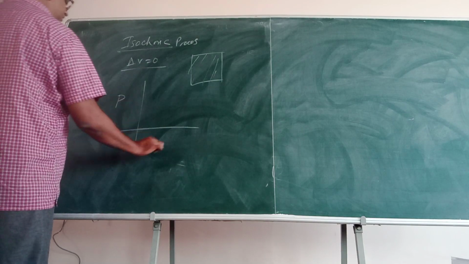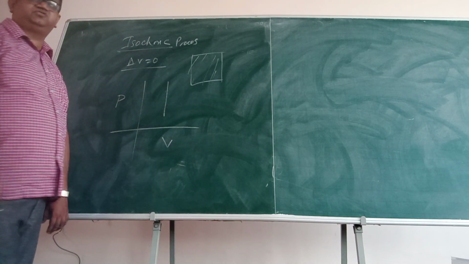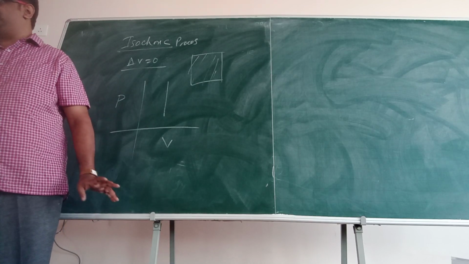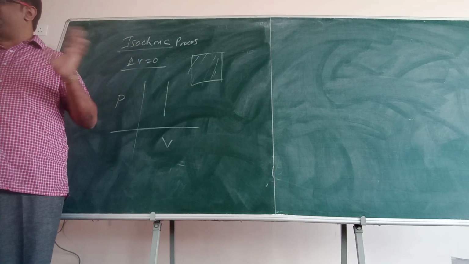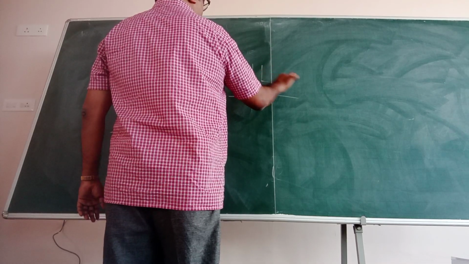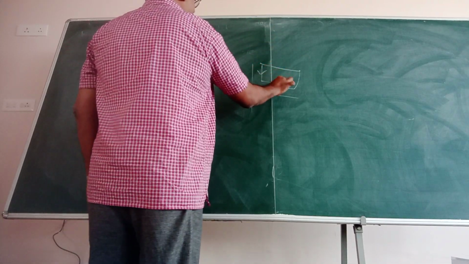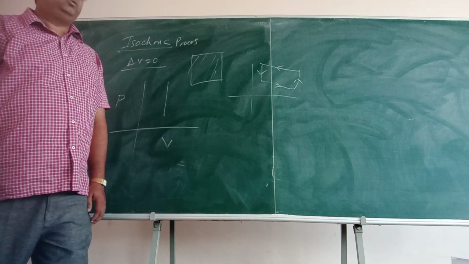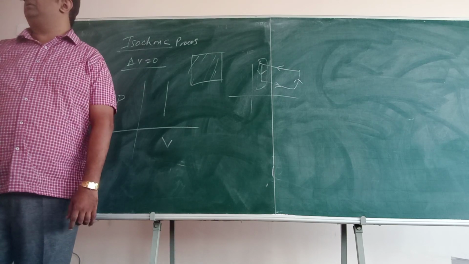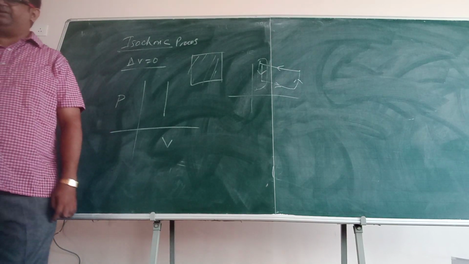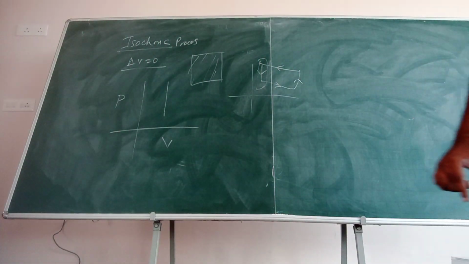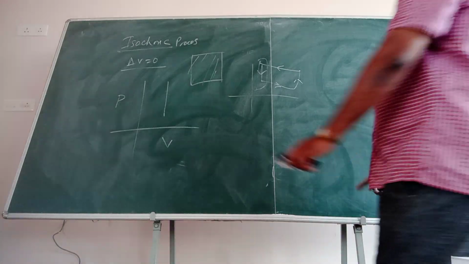This is your P, this is your V, the PV diagram will be like this. Sometimes in a question they give you this process, consisting of many processes. They can give you a graph like this, and you need to understand that this process was isochoric. For that I am telling you all this. Depending upon the graph shape, you should be able to identify what type of process that is. Looking at the graph, you should be able to tell that.